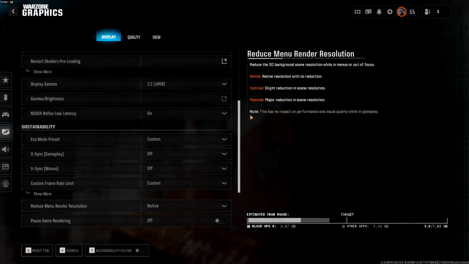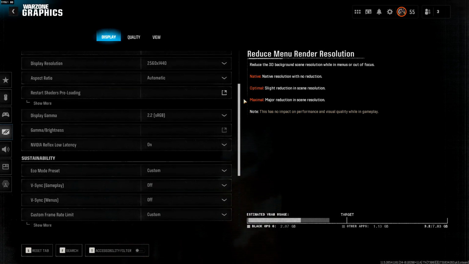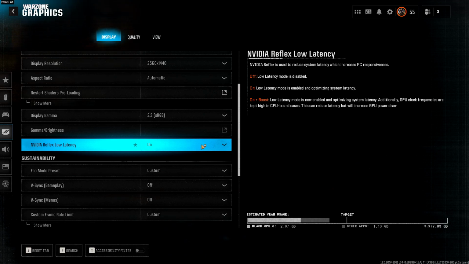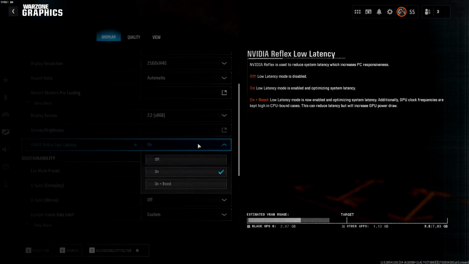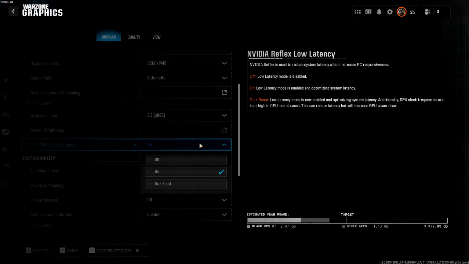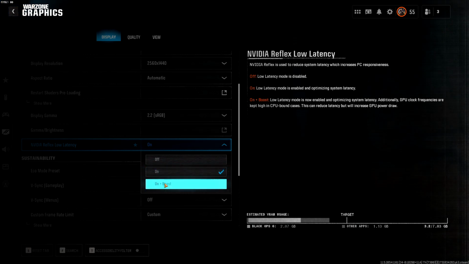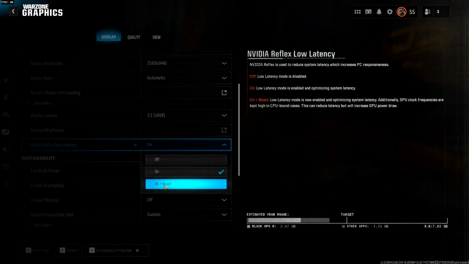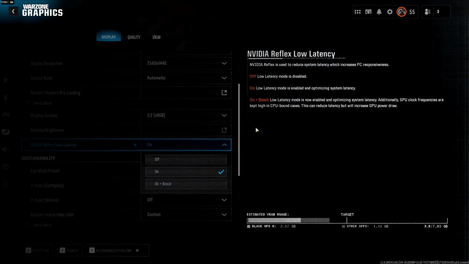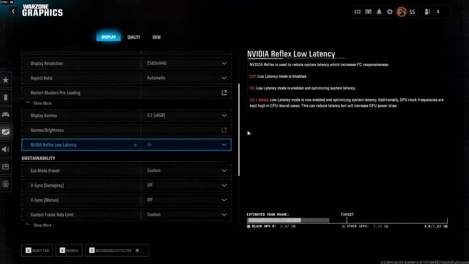What is important here is to set this depending on what you are bound on. If you're bound on GPU, your graphics card, you will set it to on. If you're bound on your CPU, your processor, you will set it to on plus boost. And to find out which one you are bound on,